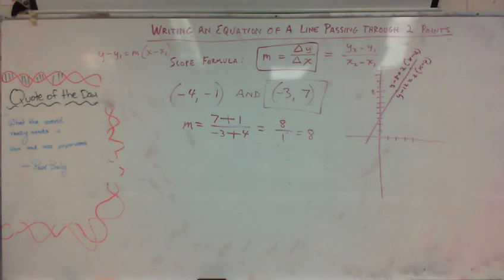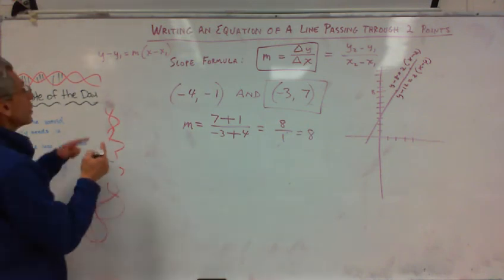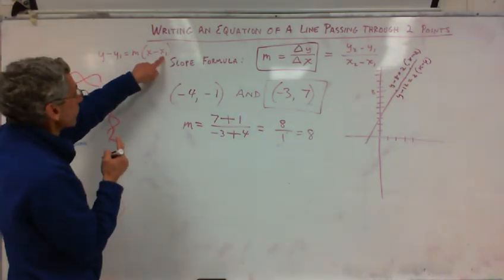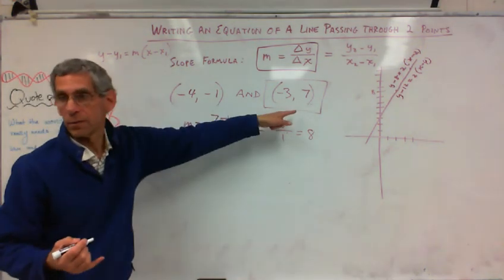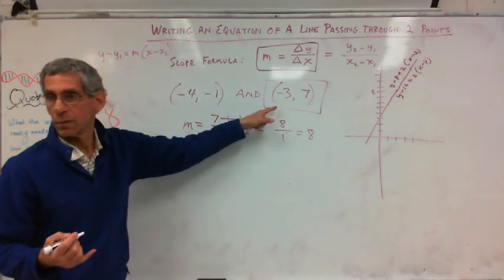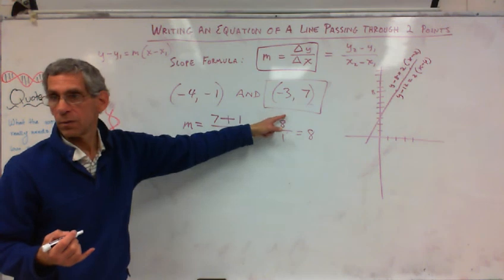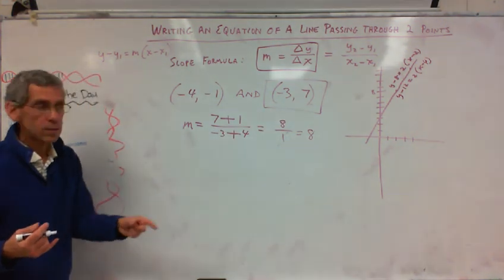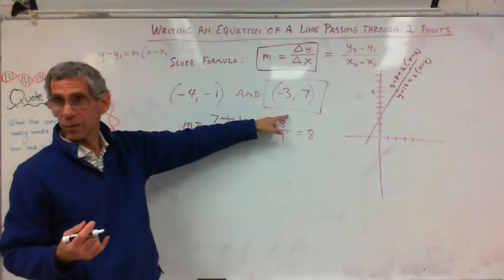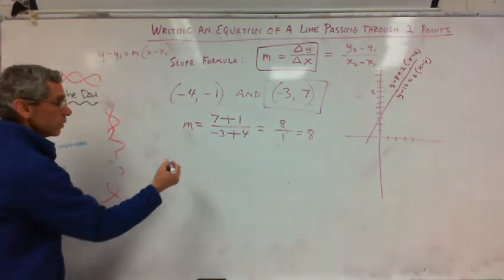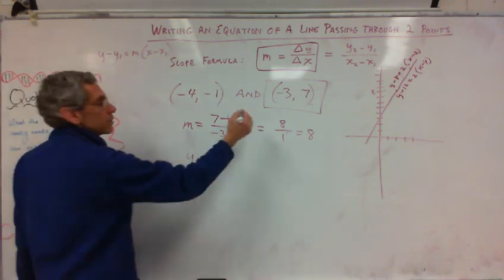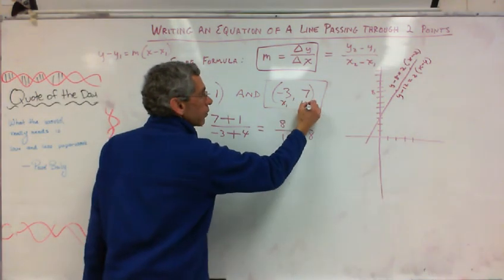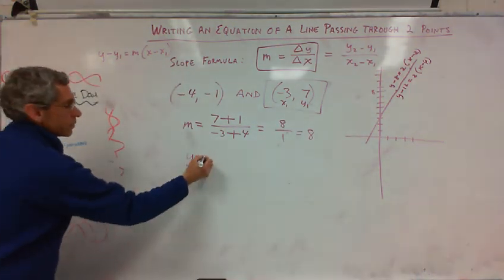So that's going to be a number, and that's going to be a number. Which one are you going to use? We'll use the one that's already in a box. So we're going to do y minus y1. This is x1, this is y1. 7. y minus 7